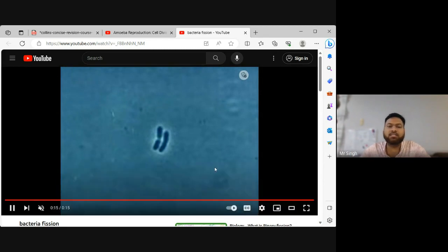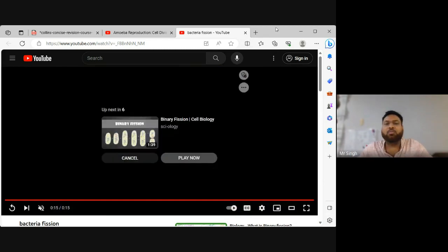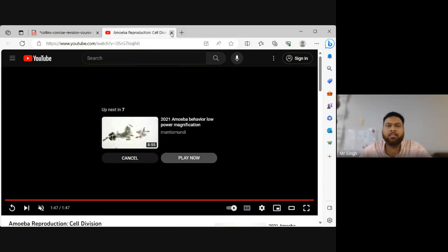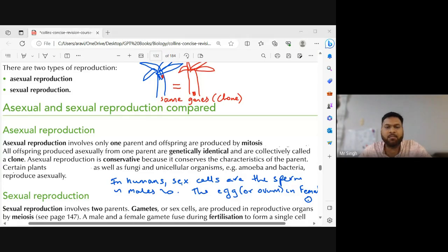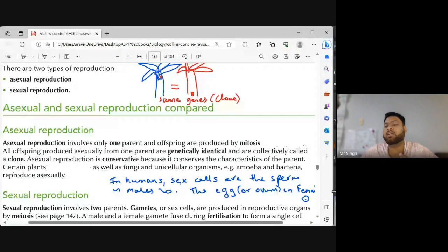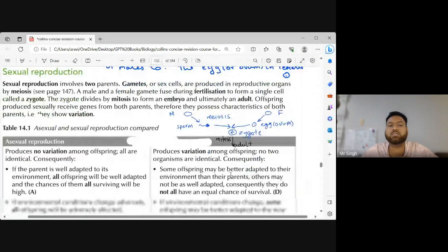Look how fast the asexual reproduction could happen. Everybody seeing that? That is one of the advantages of asexual reproduction, that it could happen so quickly, right? Now, what we just saw was a fast forward of it, but that is just to show how quickly it happens compared to sexual reproduction.